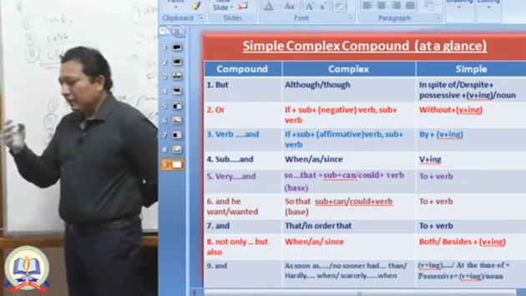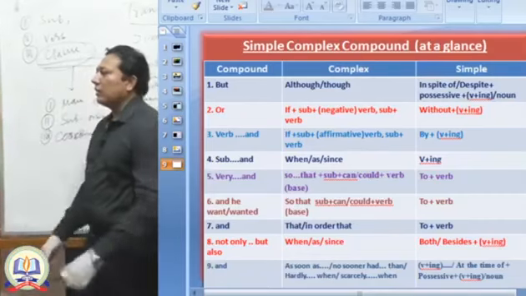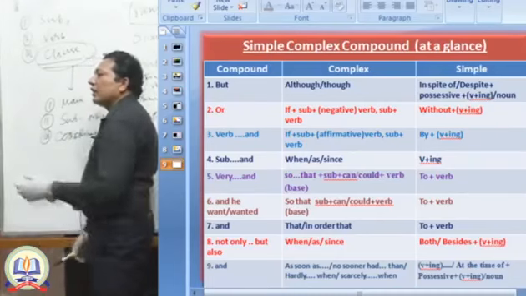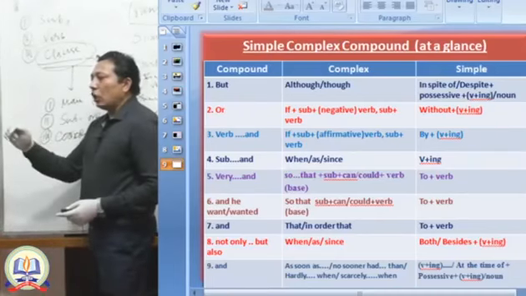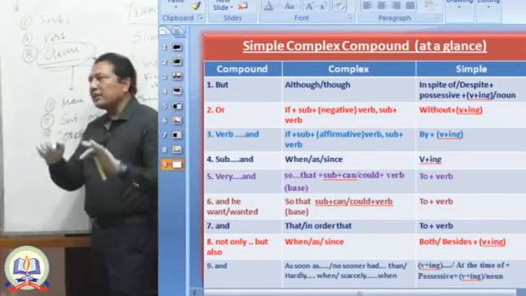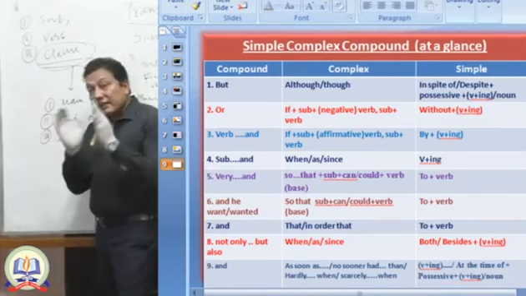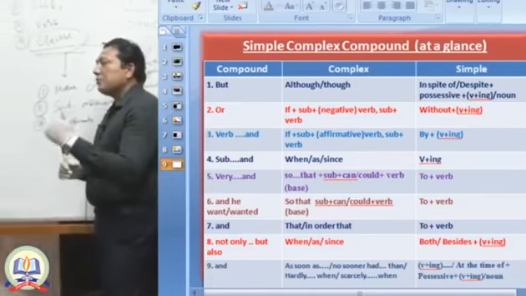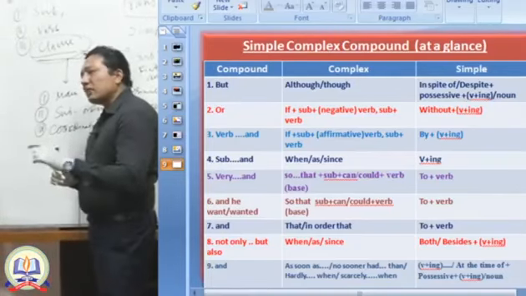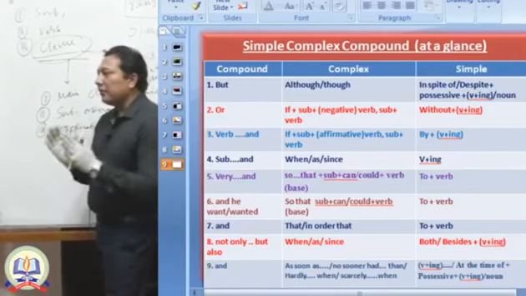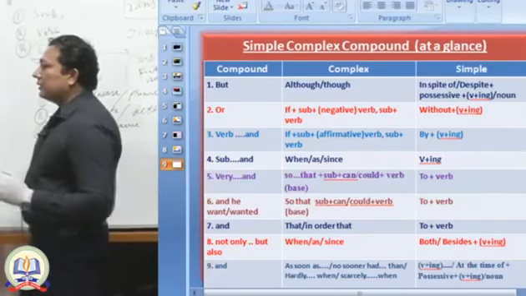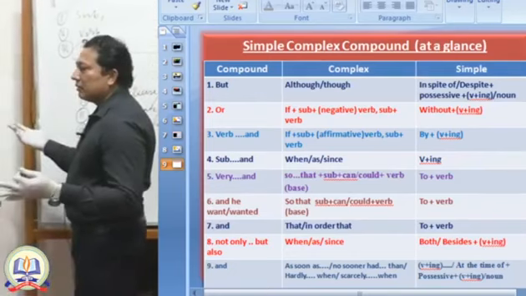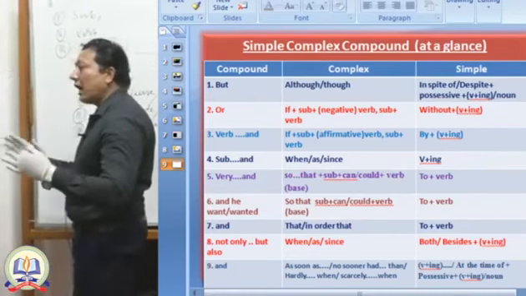Actually this is a very common thing. We have learned it from the very early stage of our student life. If you get "or" in a compound sentence, of course you should think that it has a negative meaning. So for this negative meaning, you just use if plus present plus future. This is the structure, but of course you have to use negative. That means if plus subject plus negative verb, subject plus verb. That means the main clause will be like that, subject plus verb. If you do not go, I will not go.